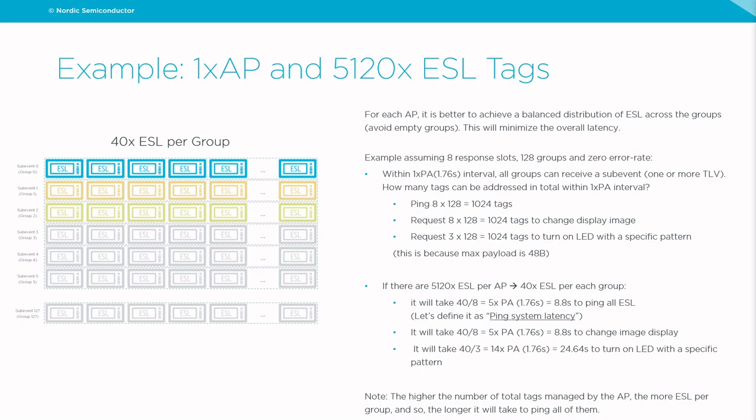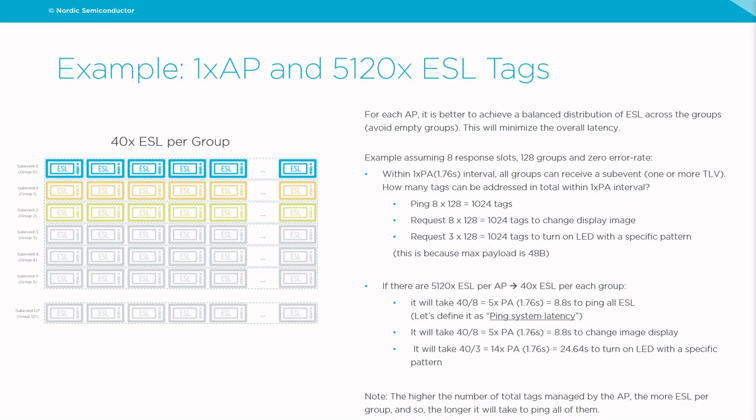If we need to send a message to only one tag, the latency is set by the periodic advertising interval. Each tag will wake up every 1.76 seconds, so in the best case you will need to wait 1.76 seconds and the tag will receive the command. But what if we want to send more commands and address more tags at the same time? If we have 8 response slots and 128 groups, and assuming 0 packet loss, 0 error rate, so best case scenario,